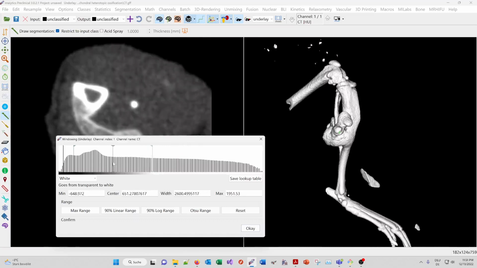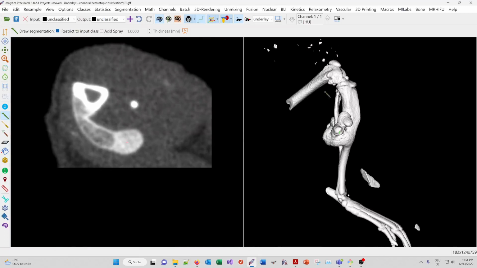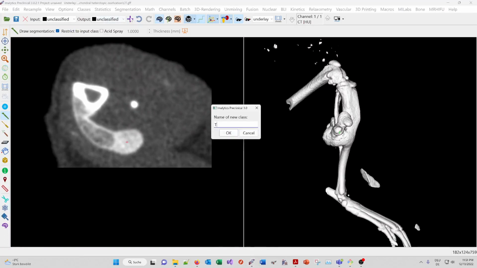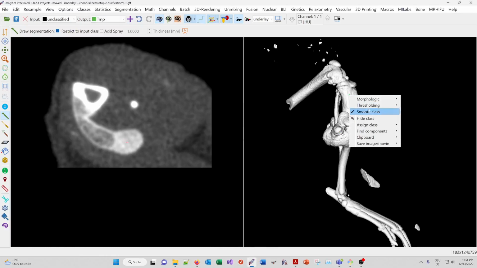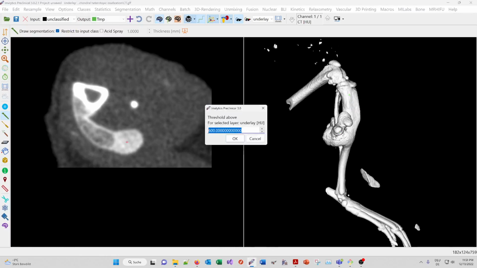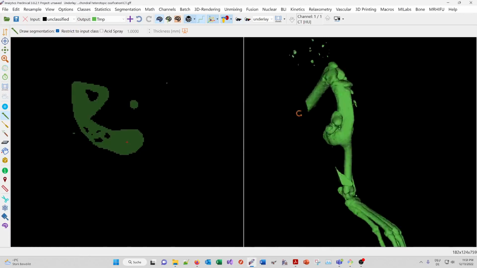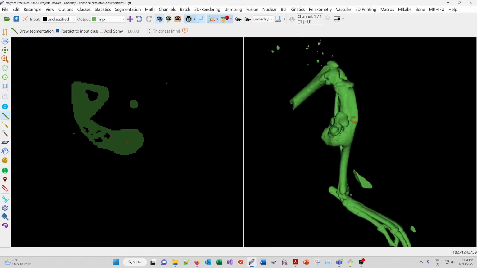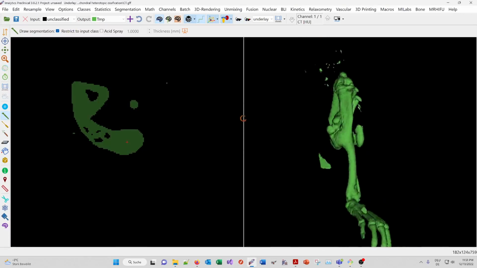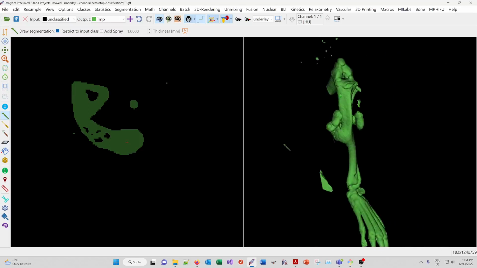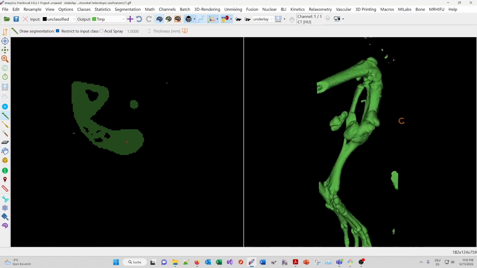So maybe something like 600, and let's add a class temp and do a thresholding of everything above 600. Now we have a green class temp here, where we have all the dense parts in it.